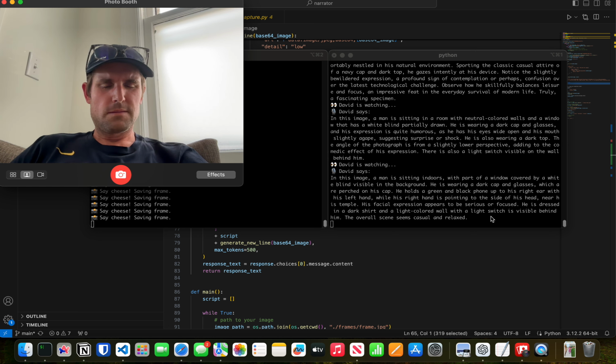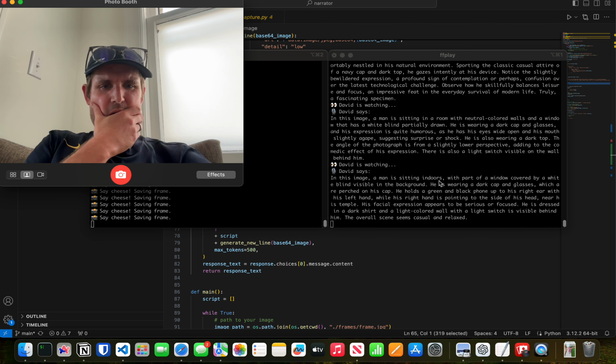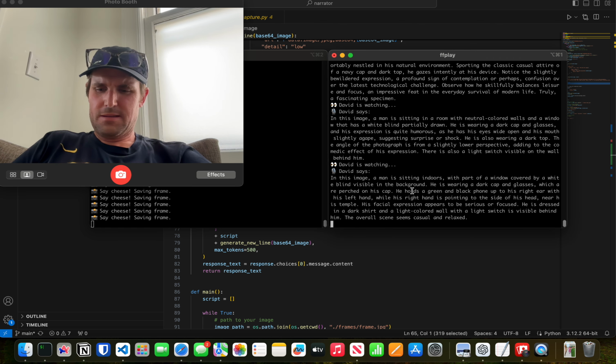In this image, a man is sitting indoors with part of a window covered by a white blind visible in the background. He is wearing a dark cap and glasses, which are perched on his cap. He holds a green and black phone up to his right ear with his left hand, while his right hand is